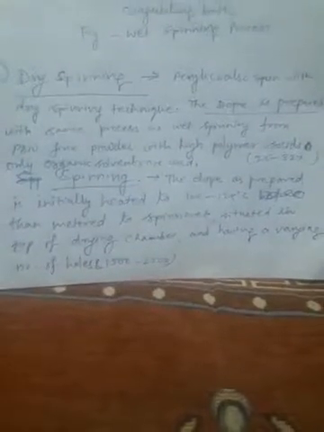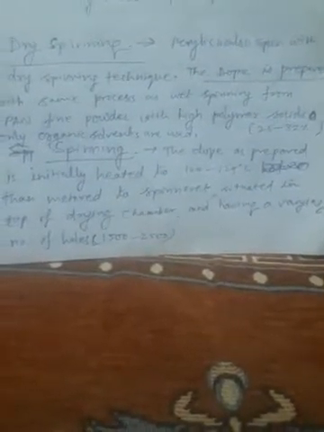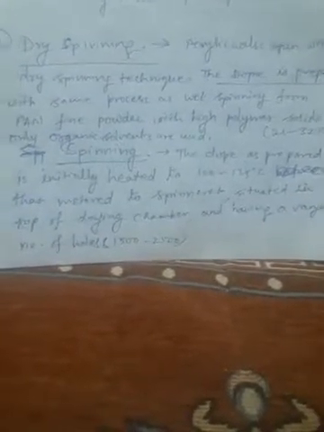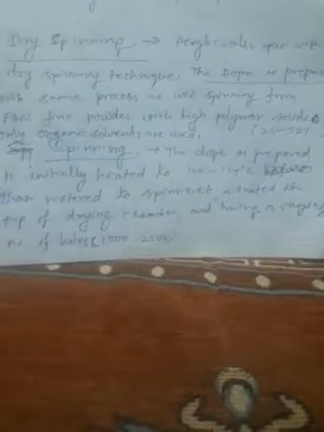In dry spinning, the dope prepared at low temperature is initially heated to make a clear transparent solution, heated to the level of 100 to 125 degrees centigrade. This rise of temperature gives an advantage. At the time of dry spinning, the temperature is raised to more than 300 up to 400 degrees centigrade in the drying chamber, so it will take less time or reduce the height of the drying chamber, because of this initial increase of the temperature of the dope before extrusion.